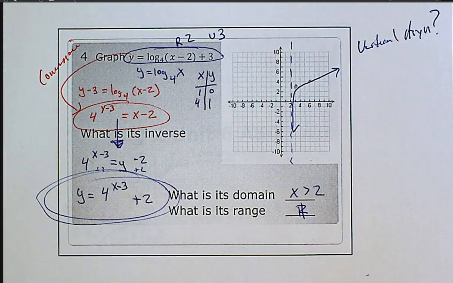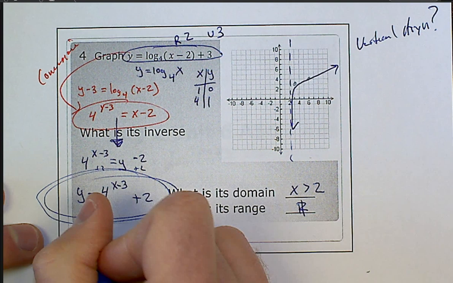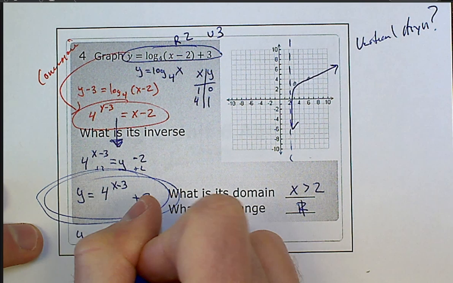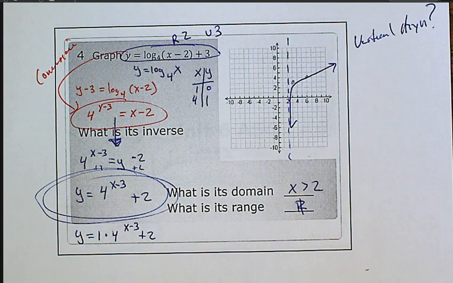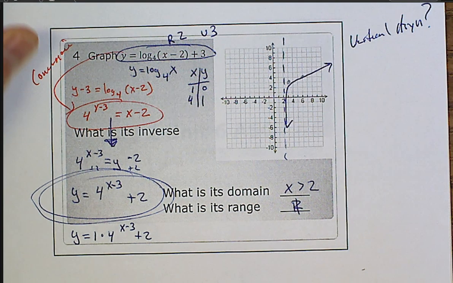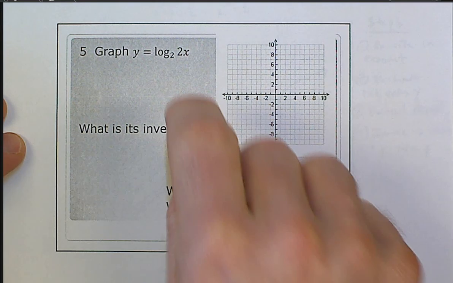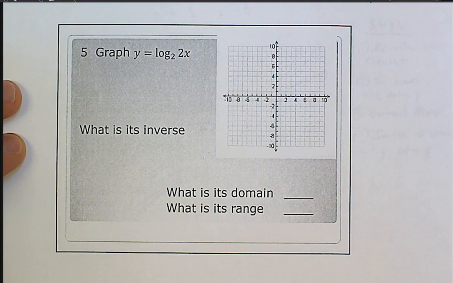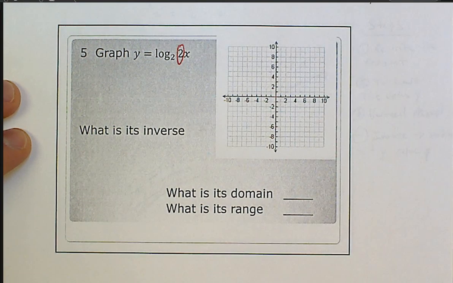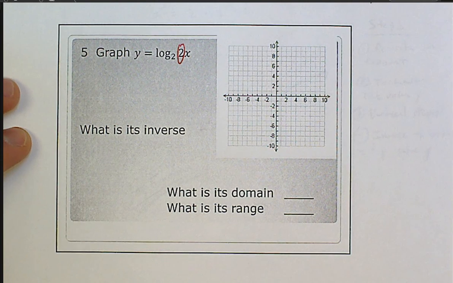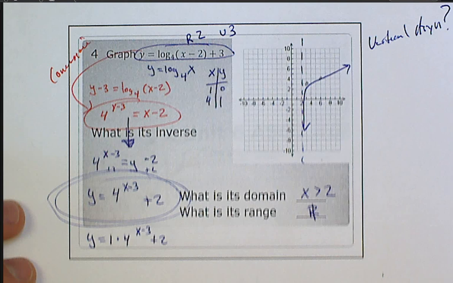Okay? If you had to graph that, I would graph that as y equals 1 times 4 to the x minus 3 plus 2. And you could graph it that way. Okay? I know you have a 5th problem to do. Let's save that for class time, and we'll talk about what happens when you have a 2 that multiplies by your x, how that affects the graph, inverse, etc. All right? I know you may have some questions, and we can do a bunch of these until you start to feel comfortable,